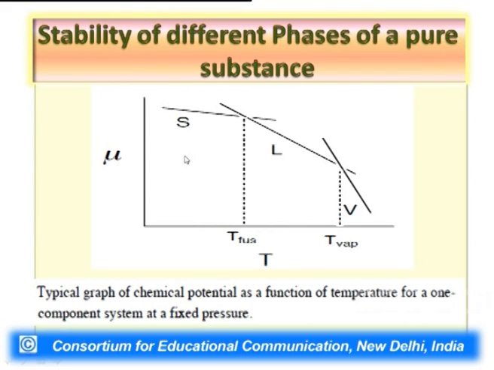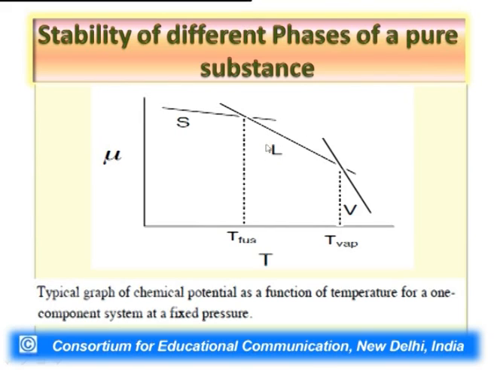We can easily see that before the melting point, if our system has a temperature lower than the melting temperature, then at such a temperature, at the prevailing pressure, the chemical potential of the substance in the solid state has the least value, and hence only that phase would be stable which has the least value of chemical potential. Between boiling point and melting point, only the liquid phase has the least value of chemical potential.